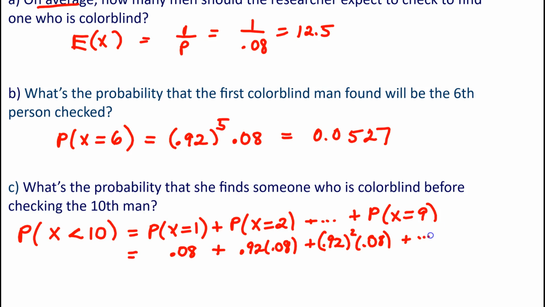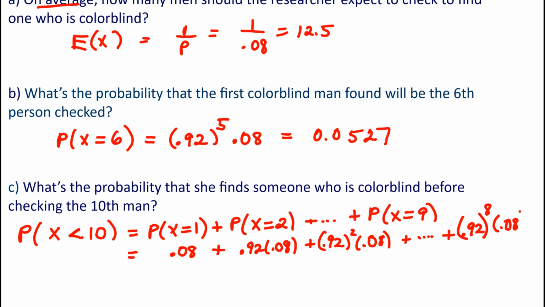And then on the last encounter, if x is 9, that means there are 8 people that weren't colorblind, but that 9th